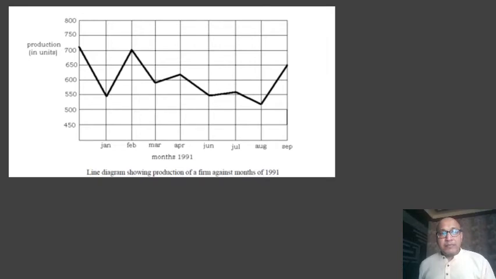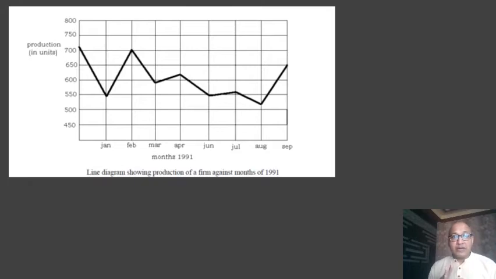Line diagrams are the most common method of presenting statistical data. Data presentation in the form of line diagrams is mostly used in business and commerce. Mostly time series data are represented by line diagrams. In a line diagram, data are shown by means of a curve or a straight line. The straight line or the curve reveals the relationship between two variables.